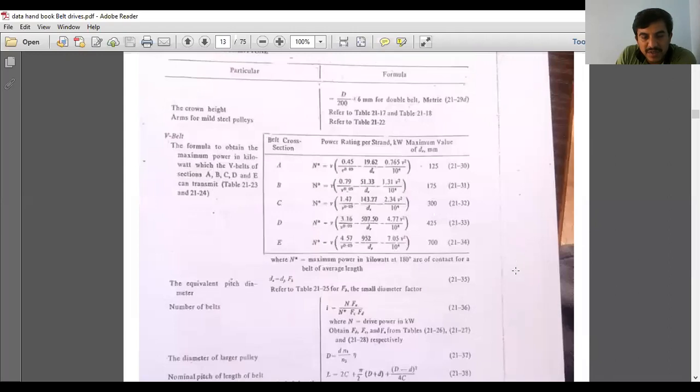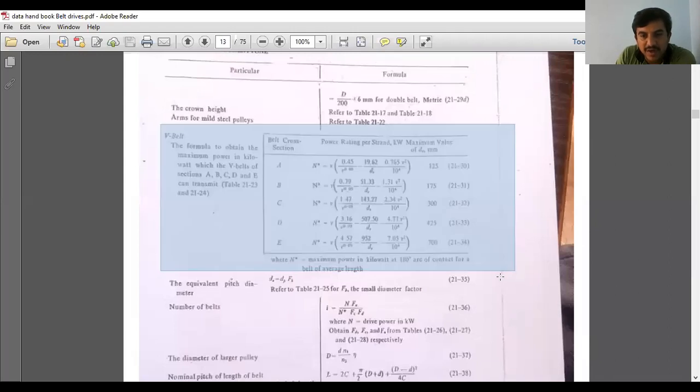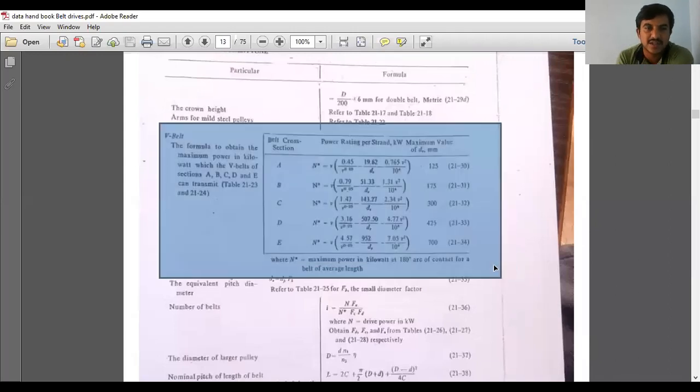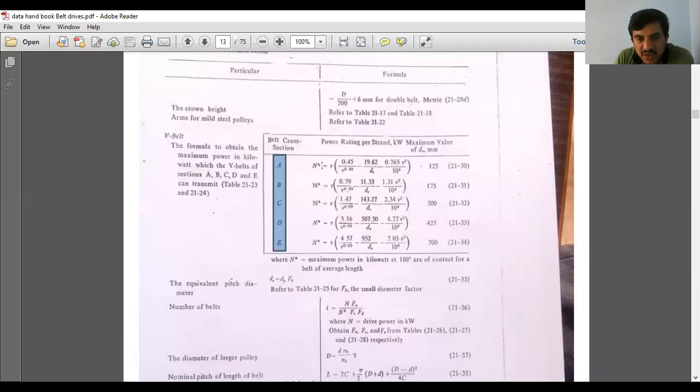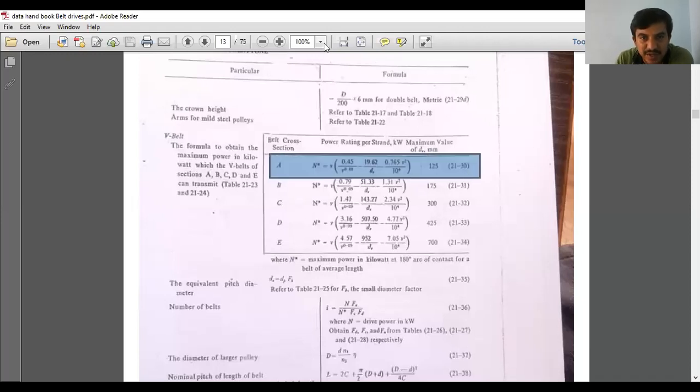The power transmitted per unit belt, or power rating, is based on the belt cross section A, B, C, D, and E. Based on that, you calculate the N star value. For example, for A cross section, N star is equal to, I think it is visible, please check, or otherwise I will zoom it. Now it's visible.